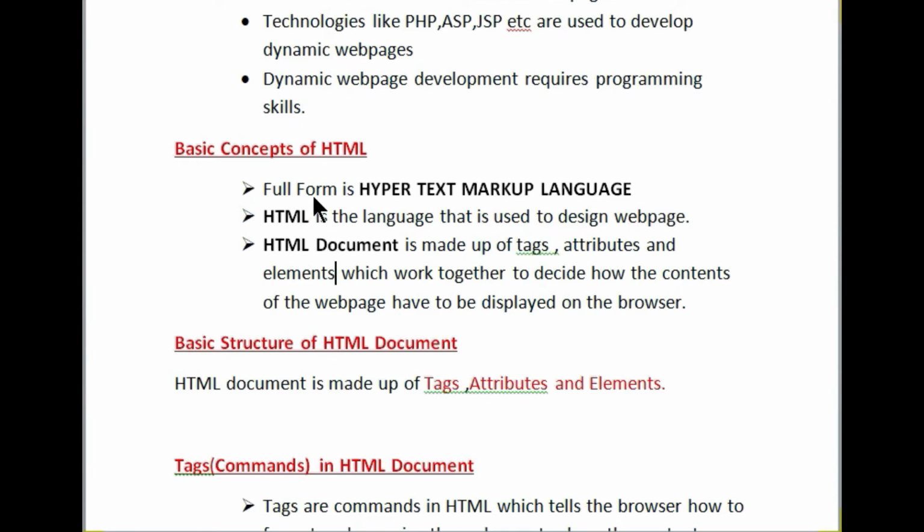An HTML document contains three main parts: tags, attributes and elements.